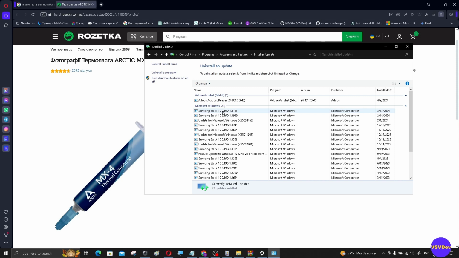Then if it didn't help, we can uninstall the next previous update. For example, this one is probably more than a month ago, and it can be true, it can be our problem, but